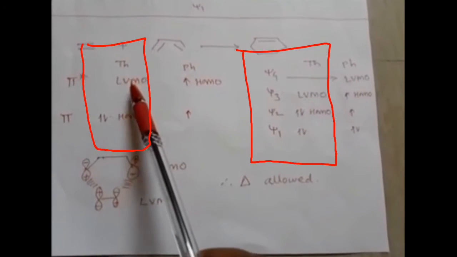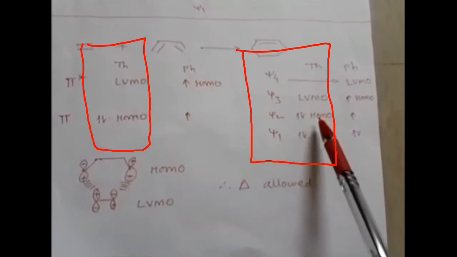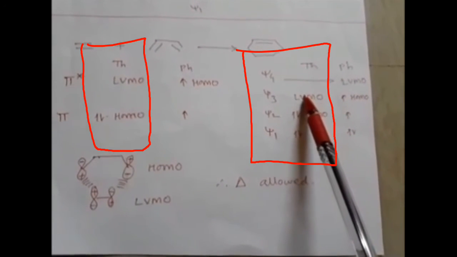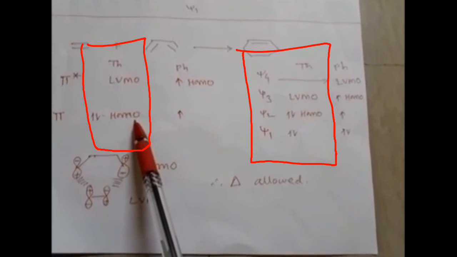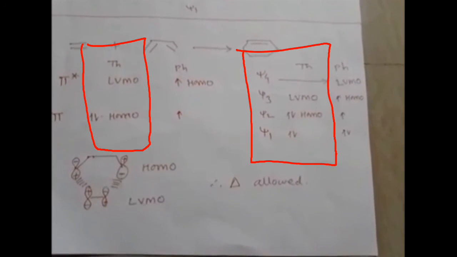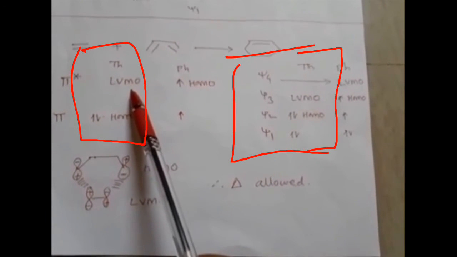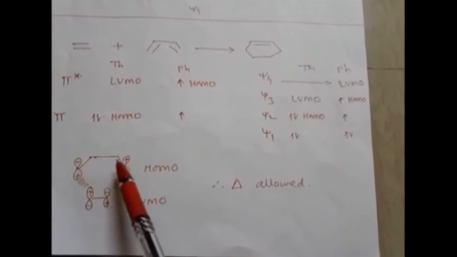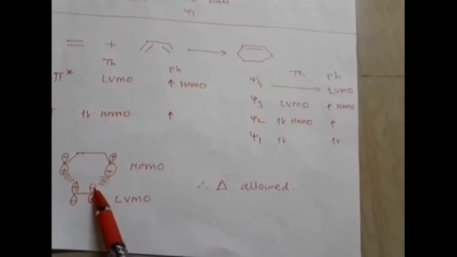Now take LUMO of one reactant and HOMO of the other, or this one LUMO and this one HOMO. In both situations, we will get the same result. Now let us take this pi star as LUMO and psi 2 as HOMO. Now as you know, this is the structure of psi 2. So psi 2 is HOMO and this is the structure of pi star bond, which is nothing but LUMO. And now, does the symmetry match or not? Here since symmetry matches, that's why this reaction is thermally allowed.